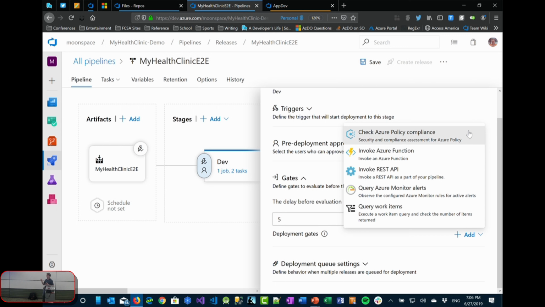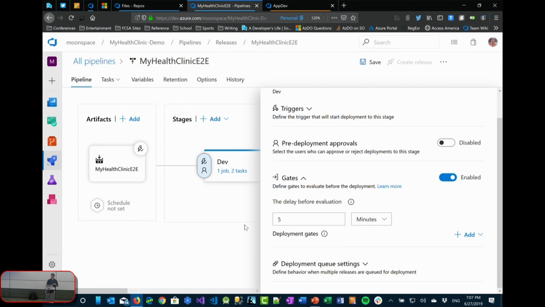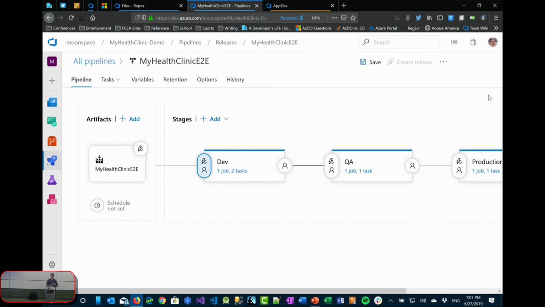You can invoke Azure functions and do other things, or REST APIs. Maybe you want to test something once it actually gets deployed: can I actually get to whatever it is I just deployed? And if those things fail, then you've got options to roll back or whatever the case is.